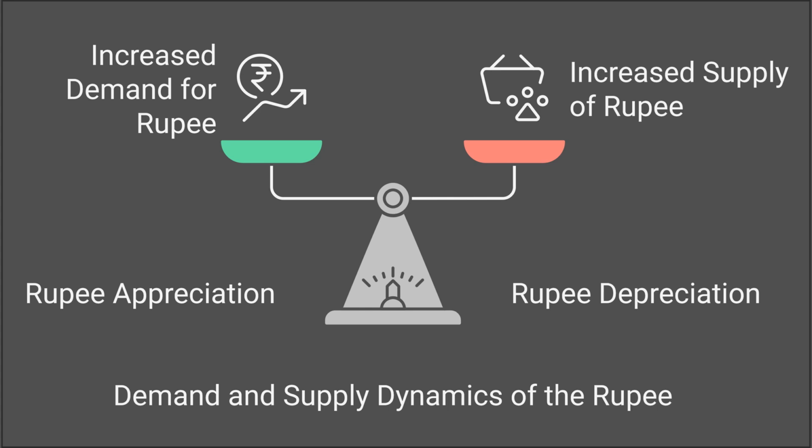Idea 3, exchange rate, supply and demand. Okay, so how do exchange rates actually get set? Remember supply and demand, just like anything else. Let's see some examples to make this crystal clear. Example 1, chocolate import. You are importing chocolates from the US. You need dollars to pay and you have rupees. What do you do? You go to the forex market. You are asking for dollars. You are giving up rupees. In market terms, you demand dollars and your supply is rupees. So basically, demand for dollars goes up. What happens to the dollar price versus the rupee?